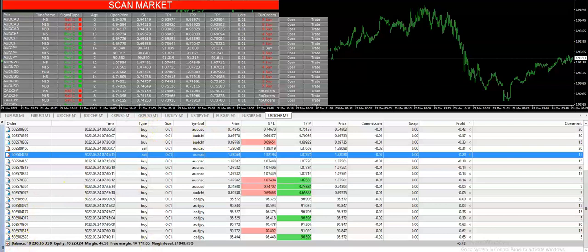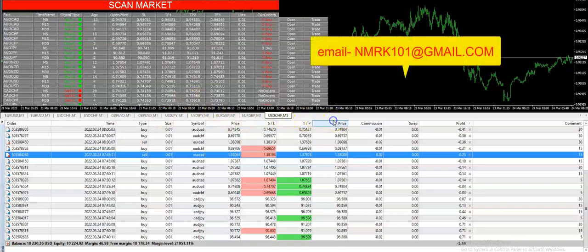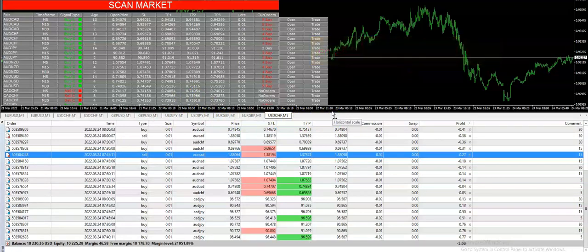This is a Forex robo which runs on multiple pairs and it will trade based on certain logic, that is price action logic, trend following logic, top and bottom logic, and support resistance, and it will trade